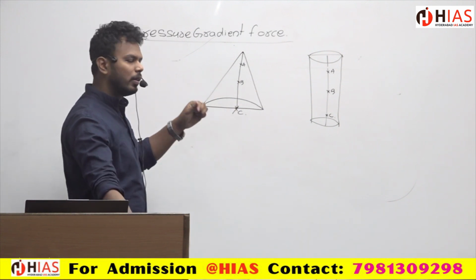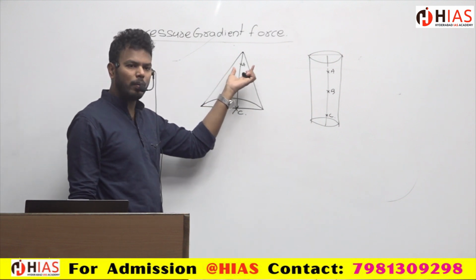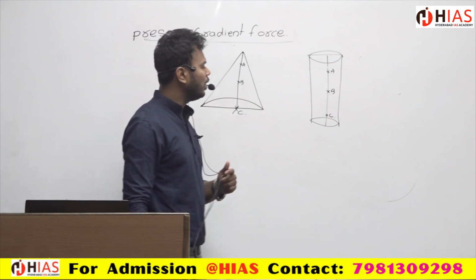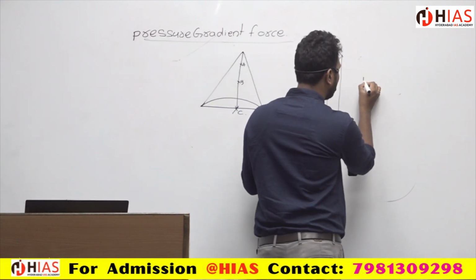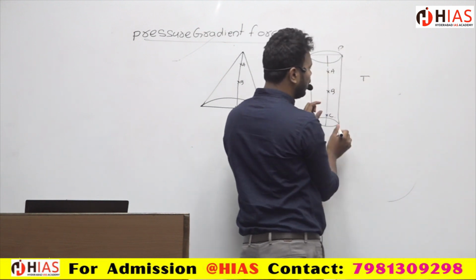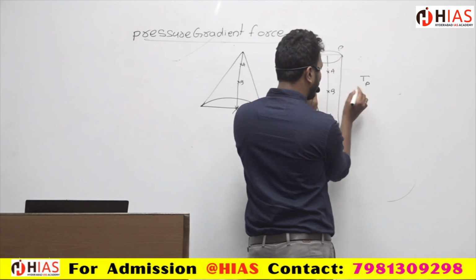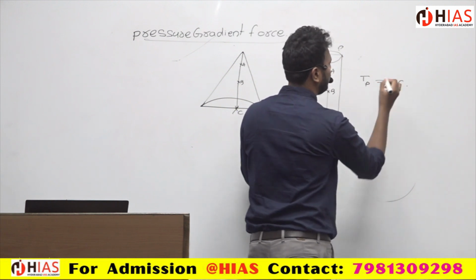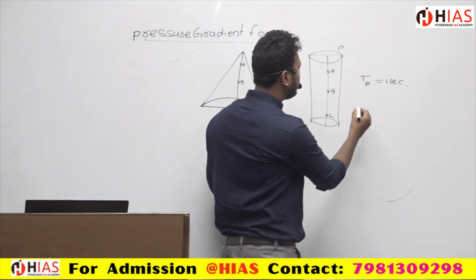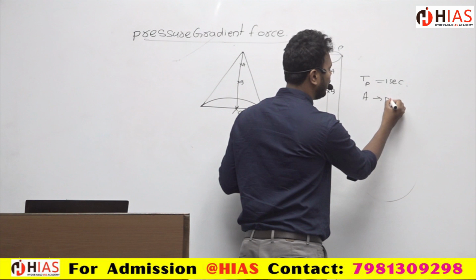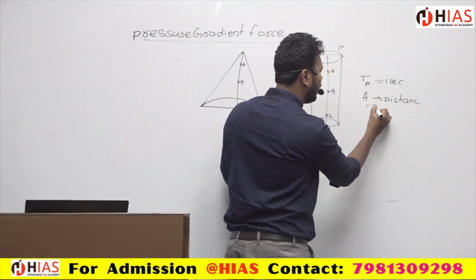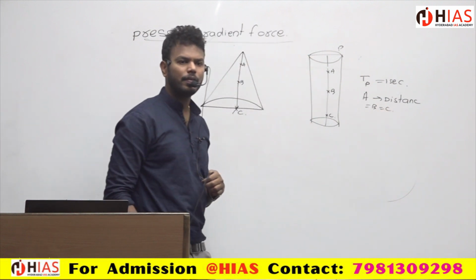Similarly, a cone. That means here the radius or diameter will be less, and here the radius or diameter will be more. That's it, right? So just imagine I am rotating the cylinder. So this is P, this is C, B. For maybe just 1 second, I am rotating this one. How much distance does A travel? Will it be equal to B and equal to C?